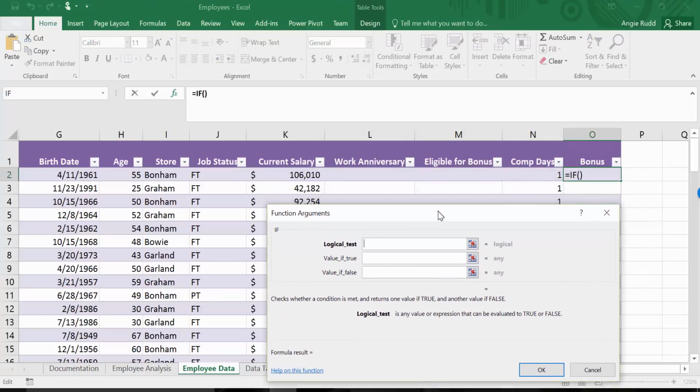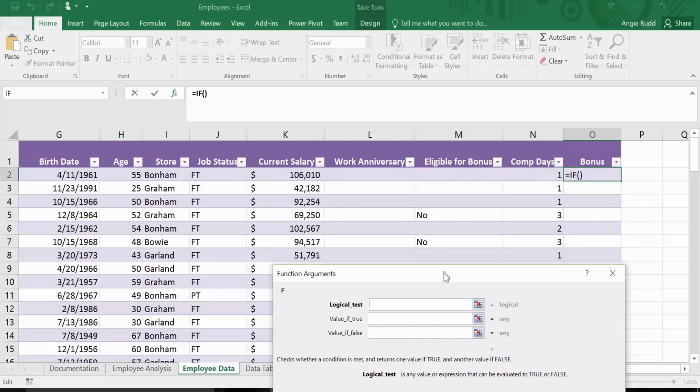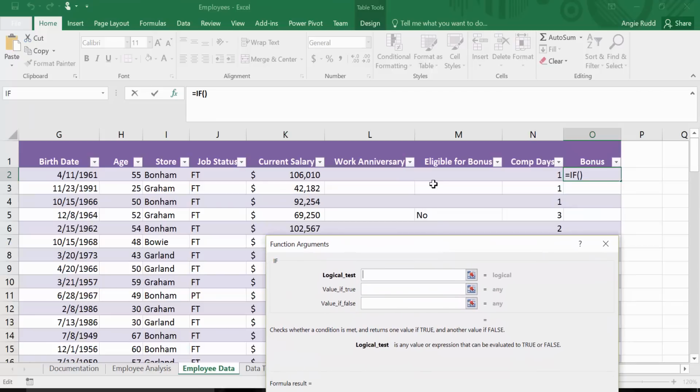So the first thing we need to do is check to see if they're eligible for a bonus, which means in our case that it will be blank. So I'm going to click on M2 equal to blank. Okay, so this one is eligible for a bonus. So in that case, we now need to use our VLOOKUP function in here to go figure out how much they get. So here we're going to use VLOOKUP